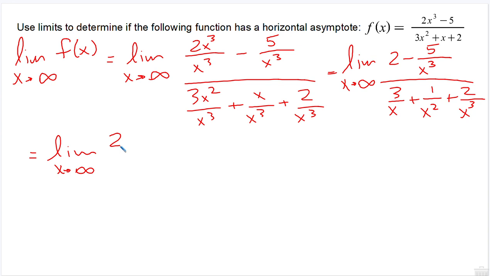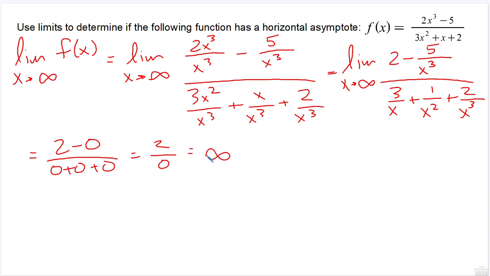In fact, I didn't really need to write my limit there because I'm now evaluating it. This is just equal to 2 minus 0 over 0 plus 0 plus 0, or 2 over 0. Well, we can't do 2 over 0. This limit doesn't exist. In fact, it's going towards infinity, right? If I was thinking about this as a limit, this ends up equaling positive infinity, which tells us that this does not have a horizontal asymptote, no horizontal asymptote